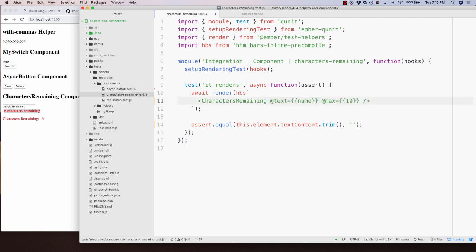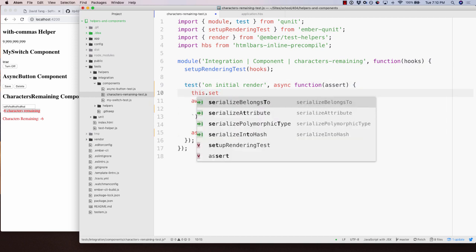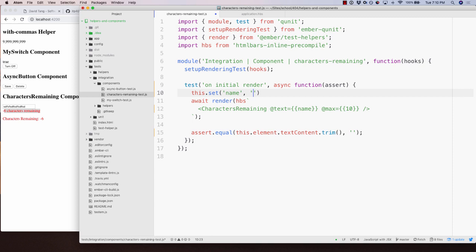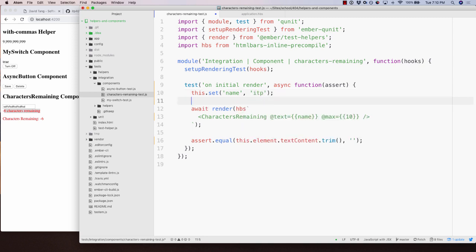So get rid of it. Okay, so we'll name this test on initial render. Let's test this component when it first renders, and we'll set the name as ITP. So if the max is 10 and then we initially set the name, then